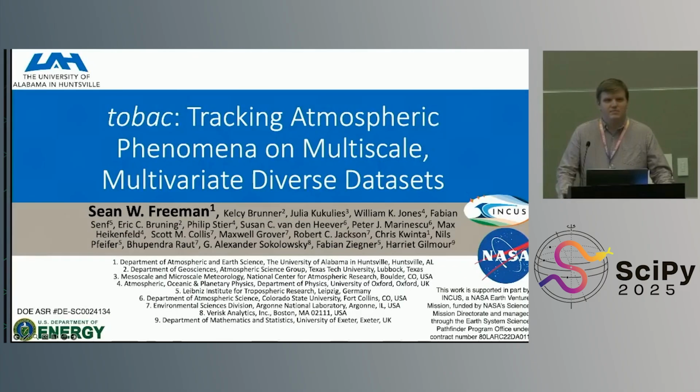Sean is an assistant professor of atmospheric and earth science at the University of Alabama, Huntsville, having started that appointment in spring of 23. Before coming to UAH, he received undergraduate degrees in computer science and meteorology from Florida State University, and an MS and PhD in atmospheric science from Colorado State University. His research interests are primarily in clouds and storms. In particular, understanding the kinds of environments that support cloud development and severe weather.